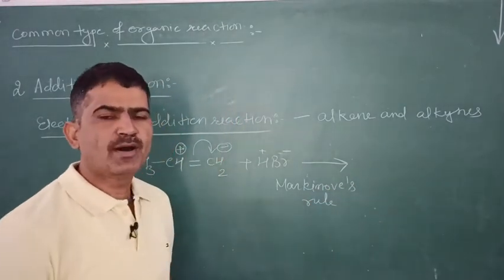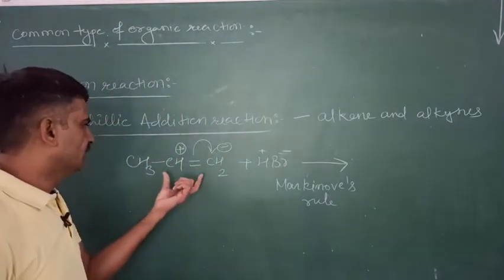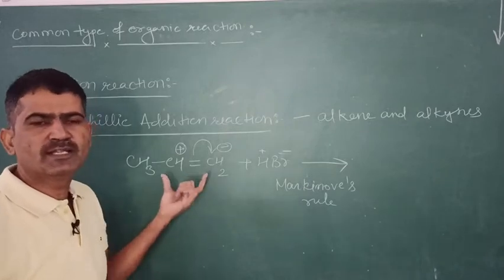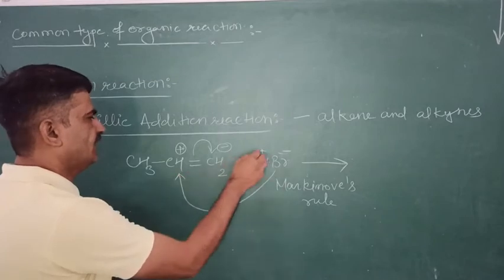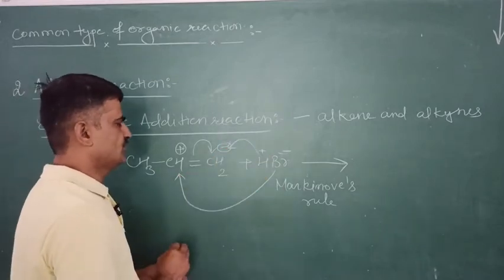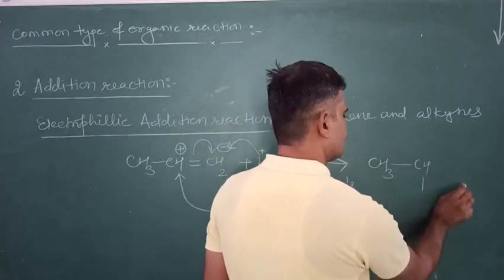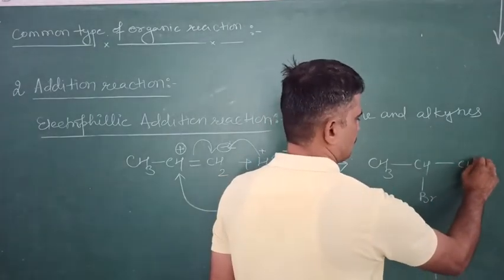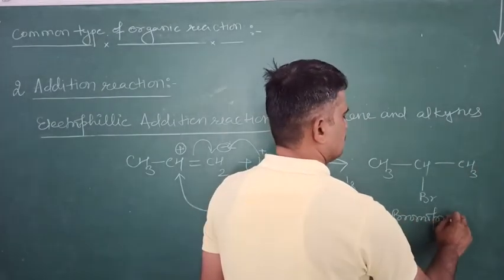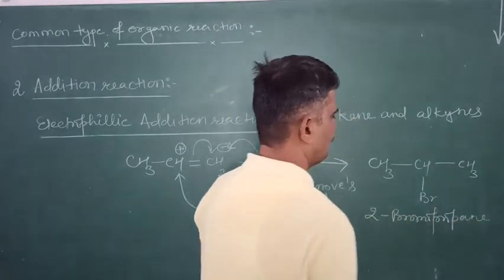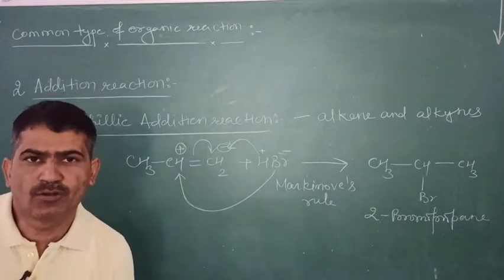What is Markovnikov rule? Markovnikov rule states that the negative part of the addendum goes to that carbon of a carbon-carbon double bond that has the fewer number of hydrogens. This bromine ion will shift here and the proton will react at this position. Now 2-bromopropane is formed. This Markovnikov rule is used a number of times in organic chemistry